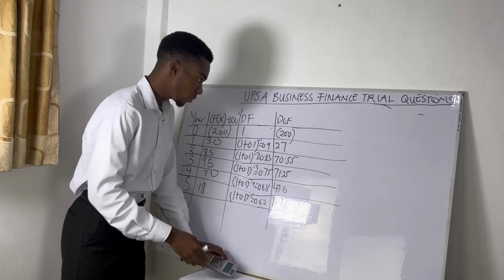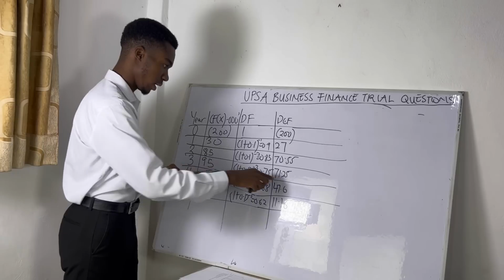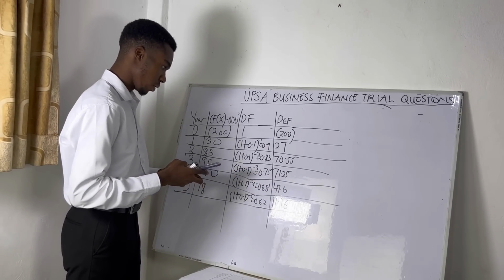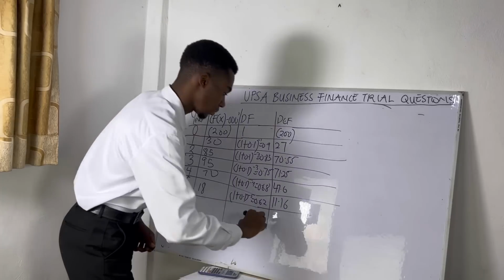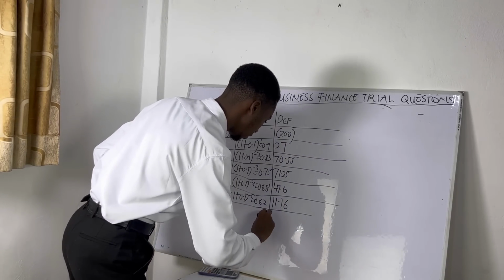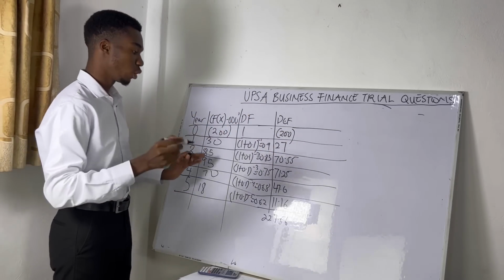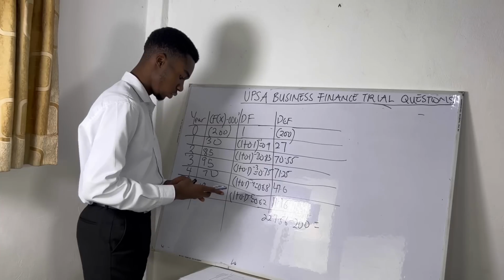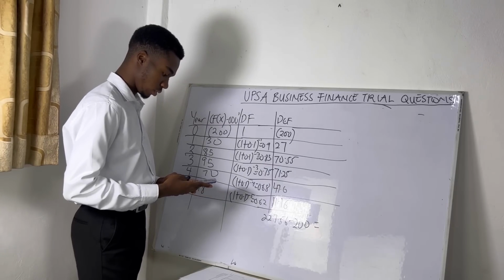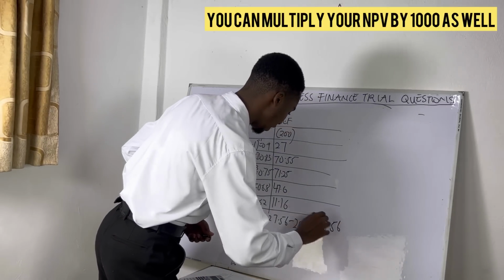So when we add all of them, we start from 27 plus 70.55 plus 71.25 plus 47.6 plus 11.16. We are getting 227.56. Then you subtract the 200, the one in brackets. Anytime you see anything in brackets, you always subtract it. So 227.56 minus 200 gives 27.56, which is our net present value